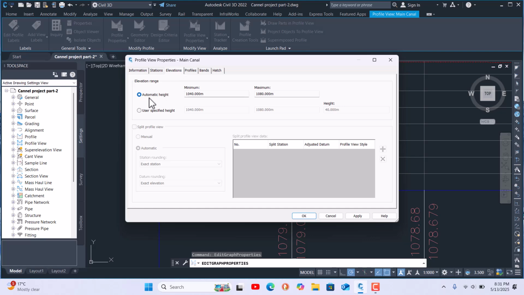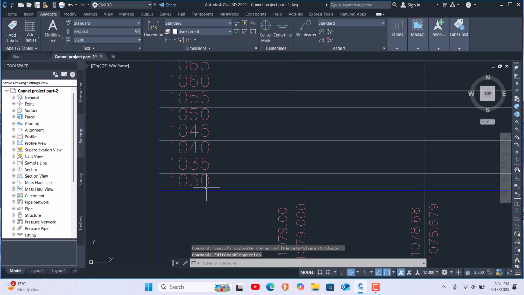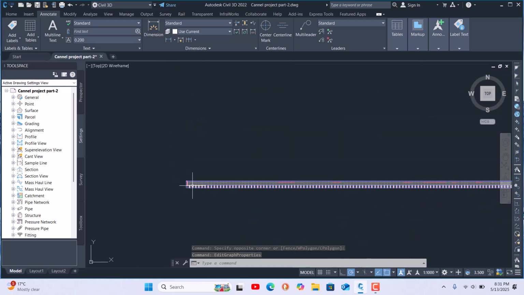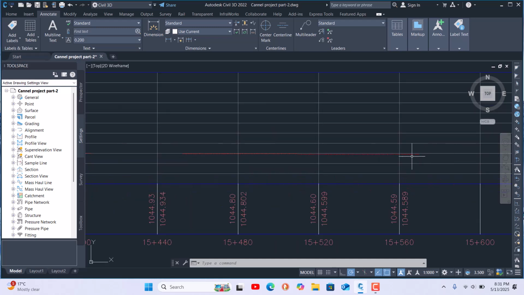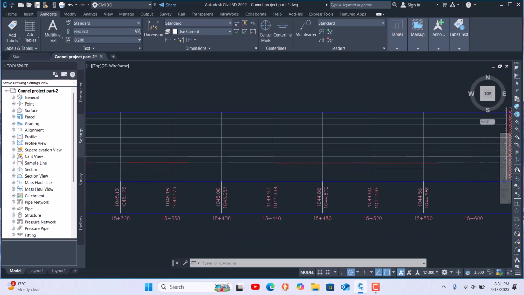Now for the elevation, here it is automatic. It shows 40 to 80, meaning the total height is 40. I'm going to change it here to 30. Okay, and here I'm changing some values, 30 to 85.5 meters, then the total is this much. Then say apply and okay. Then you come and it starts from 30, and we have enough space here, and at the end also we have enough space here, so we can show our design profile also.